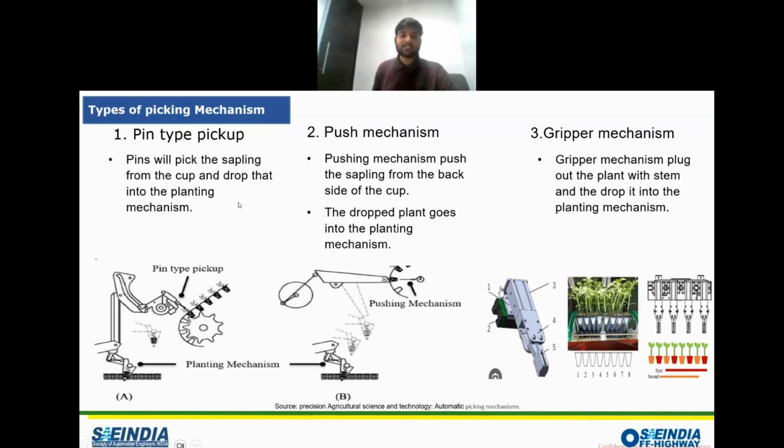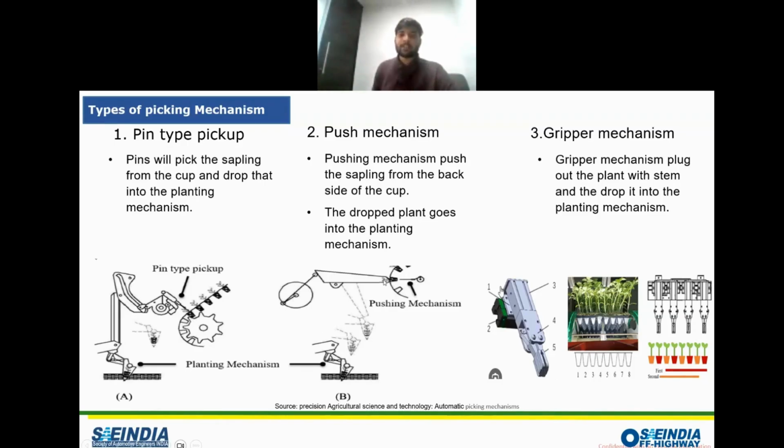And then we have the push mechanism. So if you see here, this is a rocker arm mechanism which is moving, and it will provide the translatory motion in this direction. And the plant which is there,